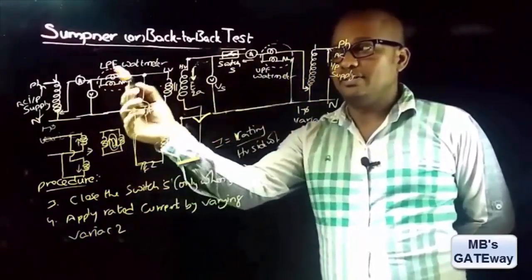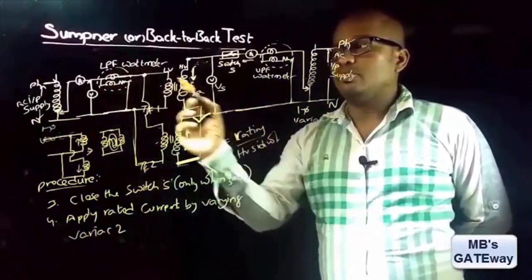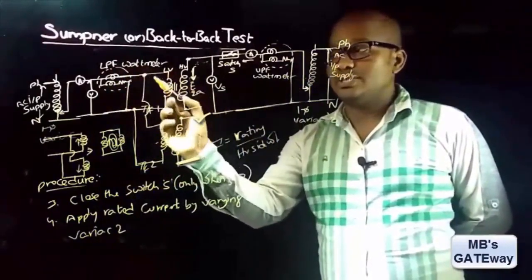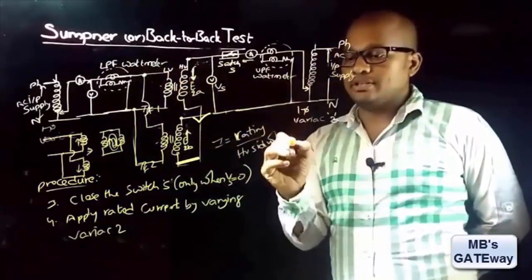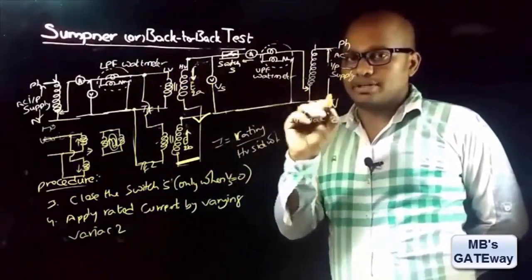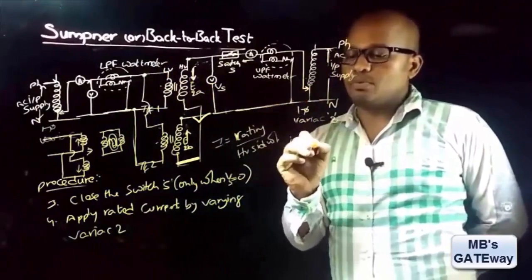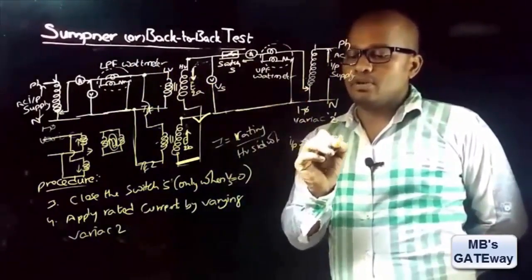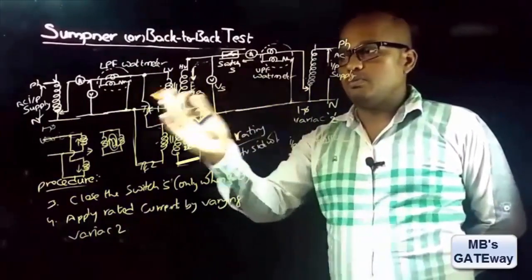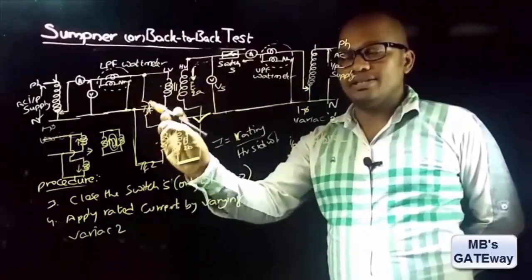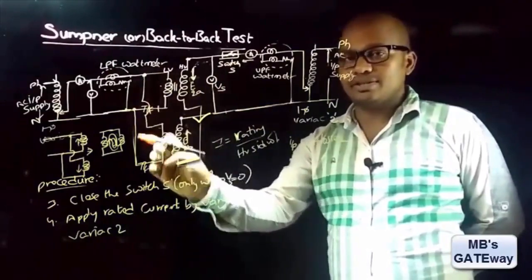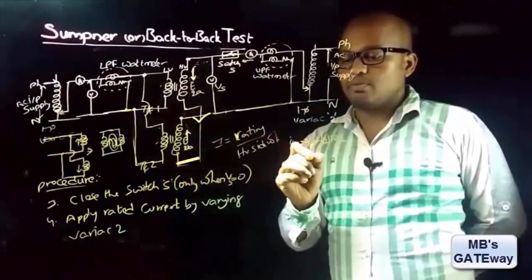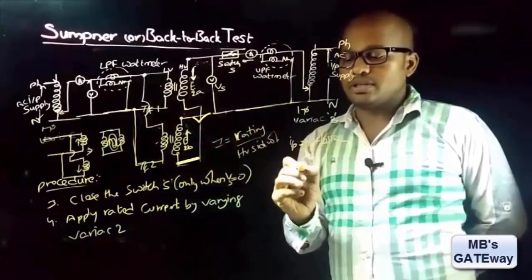It doesn't affect the wattmeter reading. Therefore, the wattmeter reading will continuously indicate the iron loss of the transformer. And if you observe from this side, the input power is equal to output power plus losses. And here the output is on the primary side, and there is nothing to consume that output power, which means the output power is 0, and the losses that are present are copper